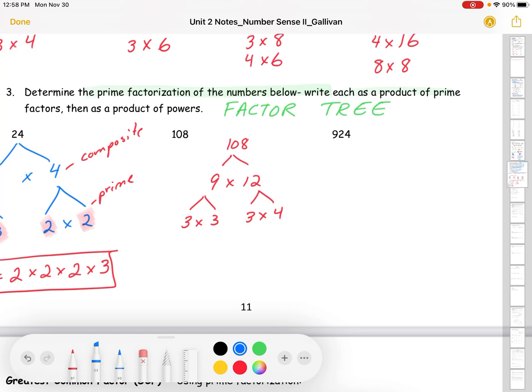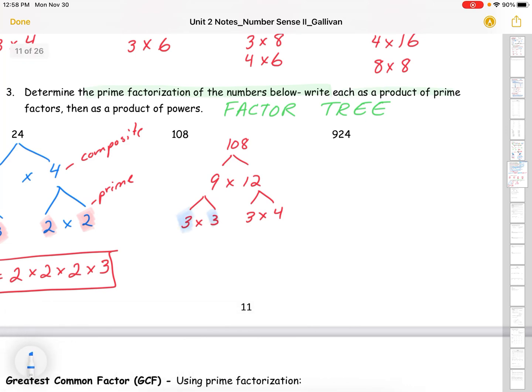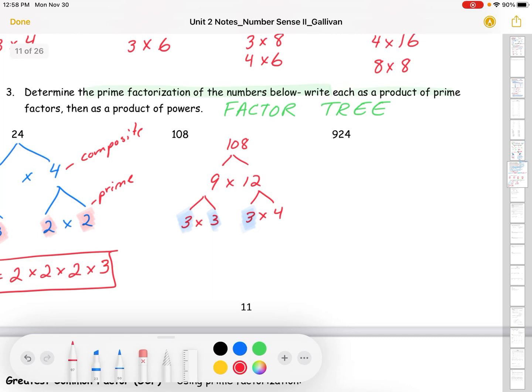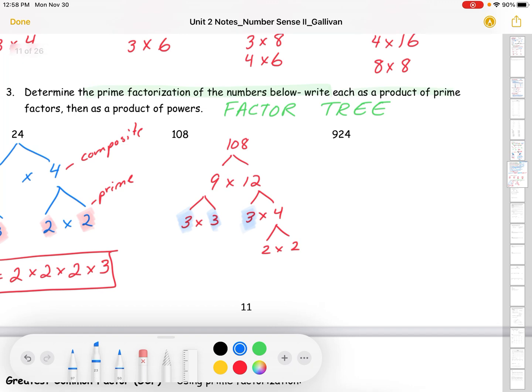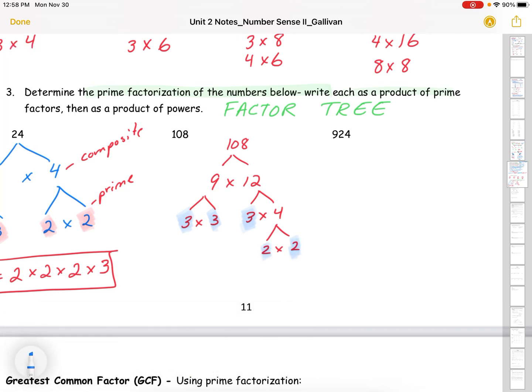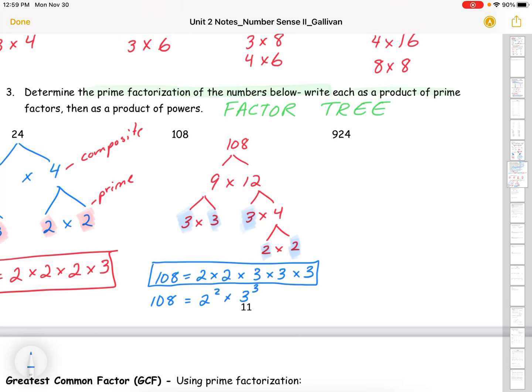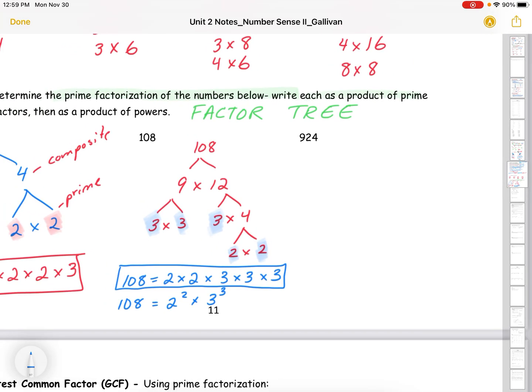Now, let's just look where we're at for prime numbers. 3 is a prime number, 3 is a prime number, 3 is a prime number. The 4, however, is not, so it can go down to 2 times 2. So now I've got all prime numbers, and I can list these. So 108 is equal to, I'm going to start with the smallest, 2 times 2 times 3 times 3 times 3. Now, remember we're doing squares. We can also write this as 2 squared times 3 cubed. Tricky, hey? But this will do, ladies and gentlemen. Okay? And now we have our last one here,